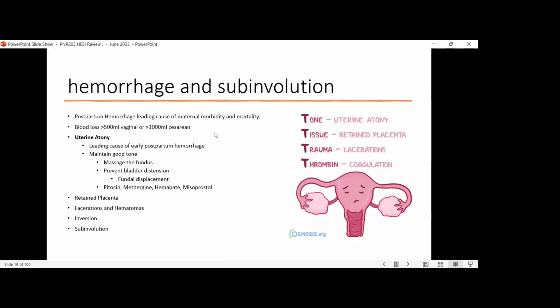So here, I got the 4 T's for you. So you got your tone, okay, which is your uterine atony, your tissue, which is your retained placenta fragments, trauma, which is your lacerations, and thrombin, which is your coagulation. I want to know what her factors are. All right, so I have here for you, I went over blood loss already, and I have here the uterine